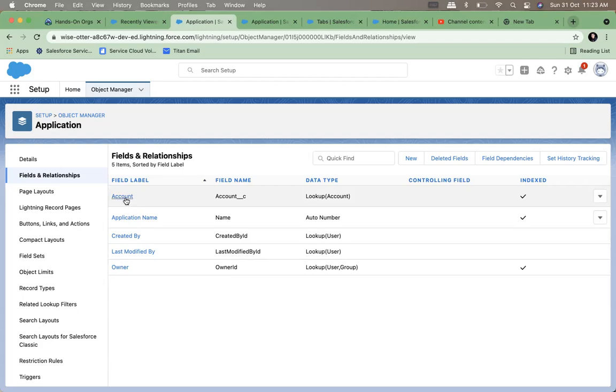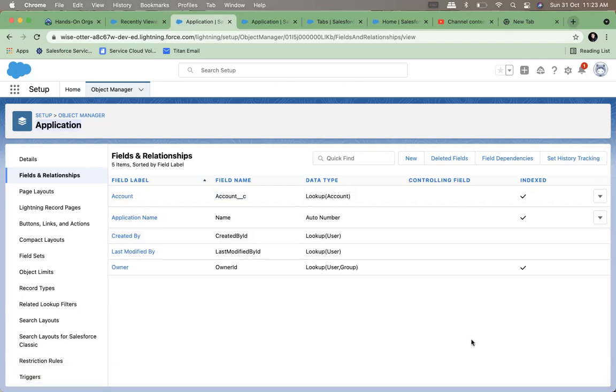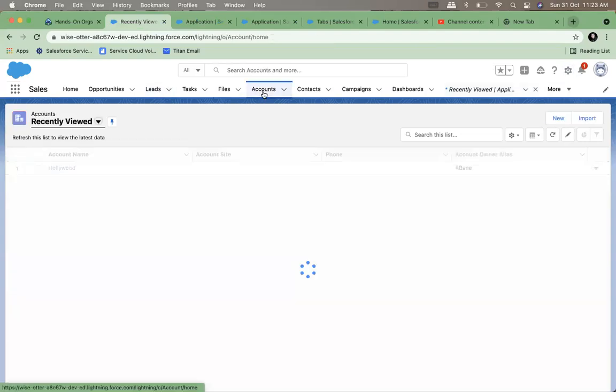So this means the account's record ID can be stored in this application field. Just like account and contact, contact is a child of account. One account can have multiple children. Here creating a lookup means now one account can have multiple applications, right? All the records which we are creating in the application table now can be associated to account, right? So let's see what happens. What implication does it have?